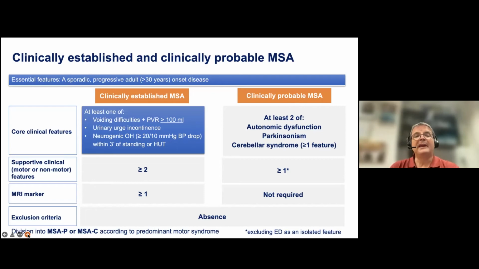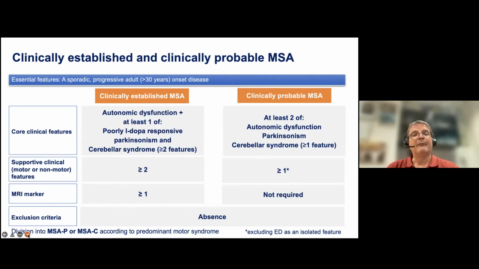There could also be urinary urge incontinence and/or neurogenic orthostatic hypotension, as shown in the video clip, with a blood pressure drop of more than 20/10 millimeters of mercury within 3 minutes of standing or head-up tilt. The diagnosis here needs to be supported by motor or non-motor features, also known as red flags. There need to be at least 2 of them, and I'm going to illustrate all of them in some video